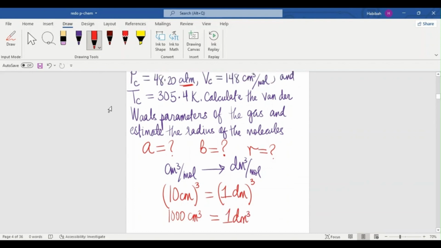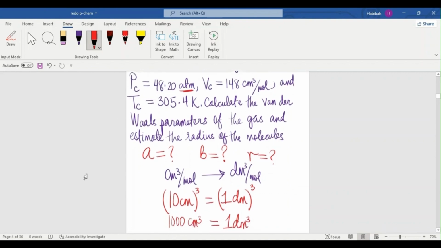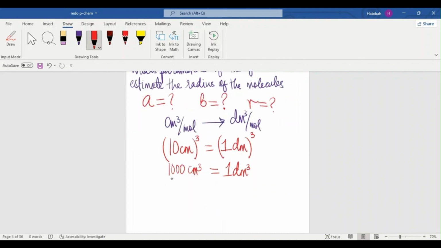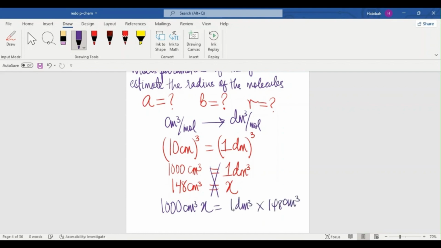So now we have the standard conversion formula. Now we have to use the VC value we have. So we have 148 centimeter cube per mole. I'm just going to remove the mole because it's not going to be useful in this conversion. So I'm just going to say 148 centimeter cube equals X. You just simply cross multiply, and then you have 1,000 centimeter cube times X equals 1 decimeter cube times 148 centimeter cube. So when you divide both sides by 1,000 centimeter cube, you end up with